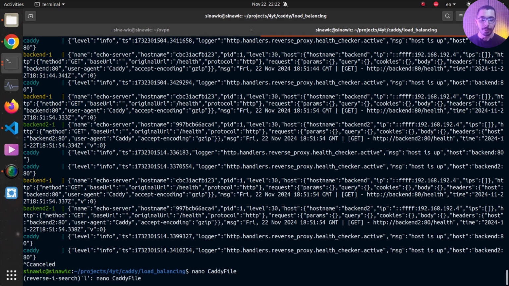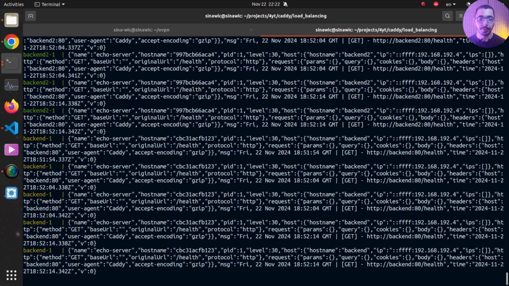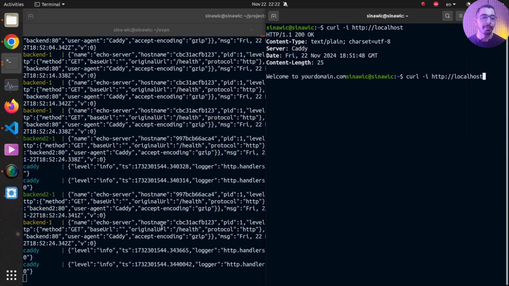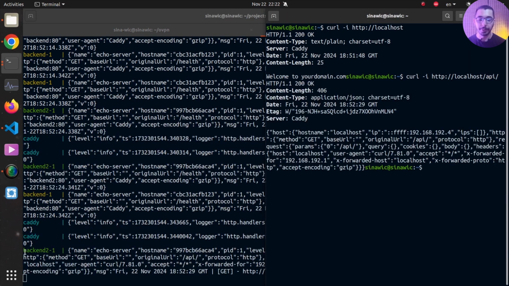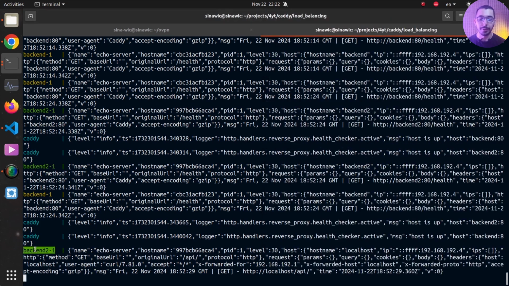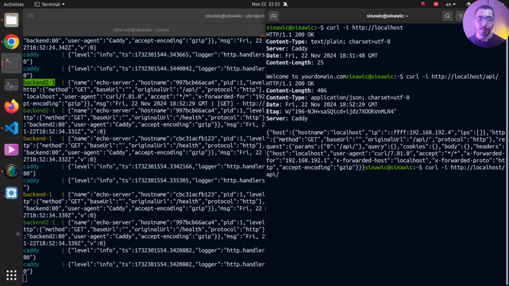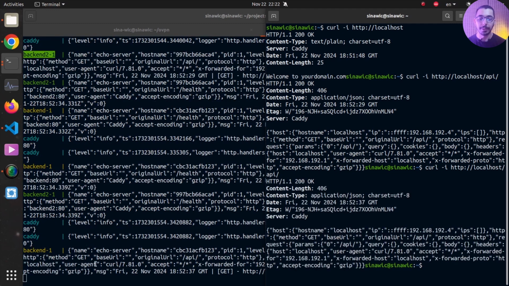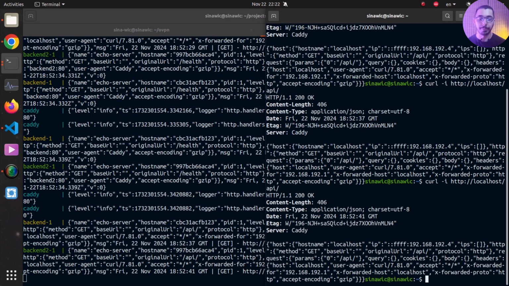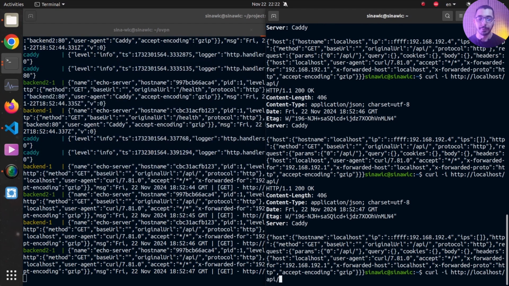So again, I'll try to open the logs, and this time I'll try to make requests to the /api. And if I hit enter, you can see that the request is proxied to backend instance 2. And if I hit enter again, you can see that requests are being proxied to my backend services using